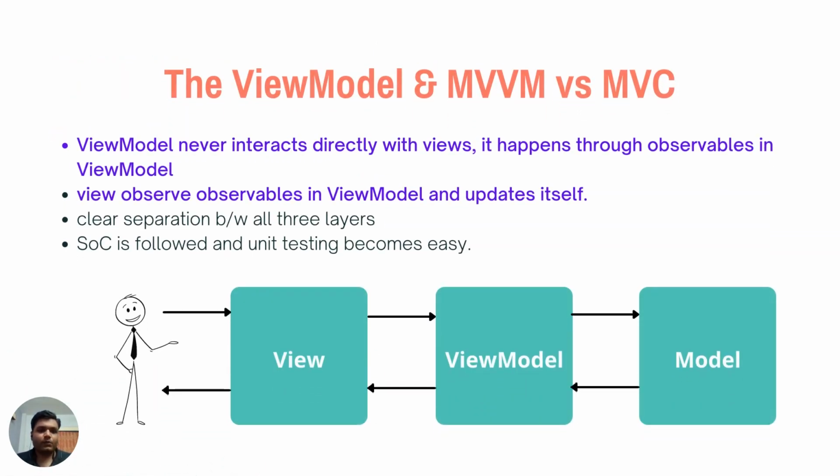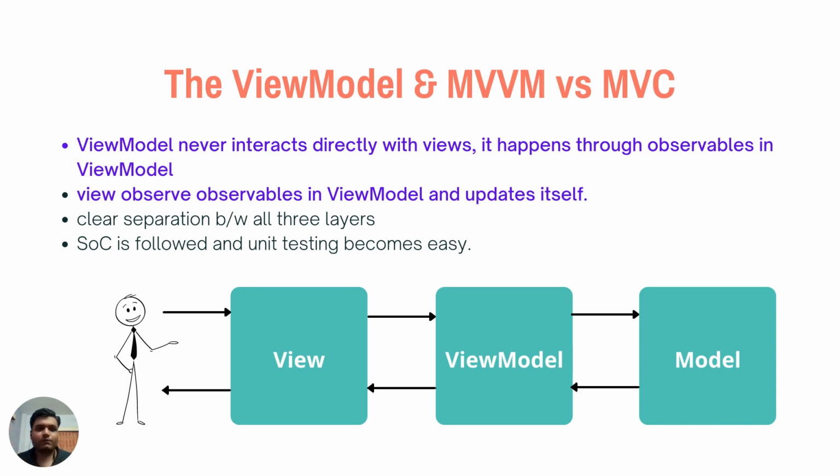Let's look at how. The view contains your layout files, the UI part, that is the XML files, and it also contains your activity and fragment files. Whereas in the MVC pattern, the controller had the activity and fragment files, here the view layer has the activity and fragment files. The view model is nothing but a simple class containing the presentation logic, and this view model contains observables. These observables are certain data points which are changed as per the user interaction. So there is a kind of observer pattern implemented between view and view model.